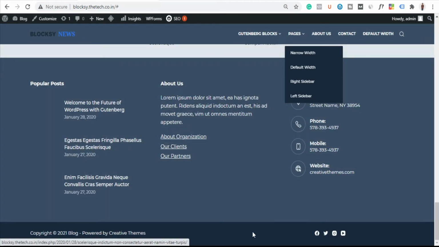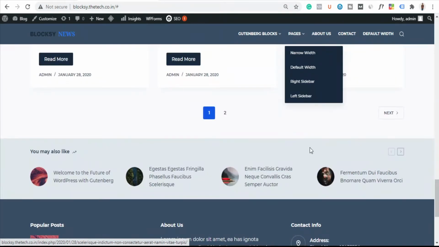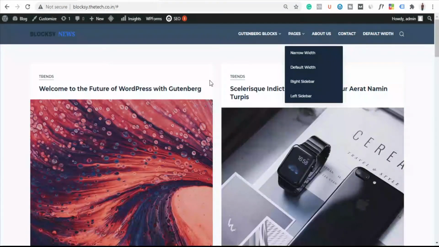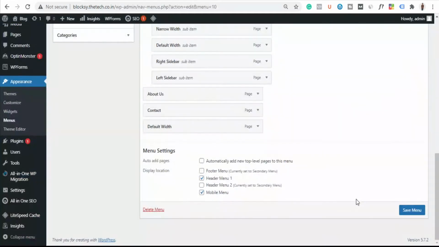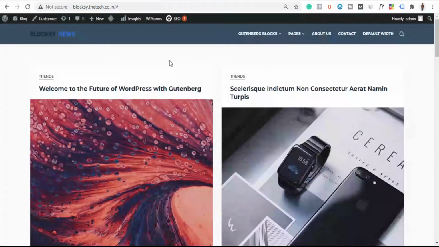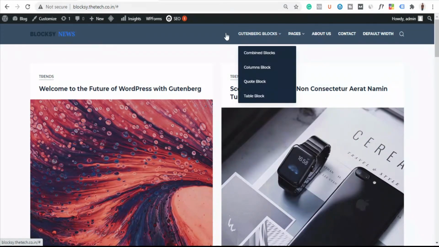In this site I didn't have that footer menu, but if you remember, earlier we had some pages here. That was the footer menu. Along with that, as you remember, we have three options: top menu, middle, and bottom. So you can even add your customized menu at the top menu as well as the bottom menu. Now let's save it. I hope you understood how you can change the content or the pages of the header and footer.